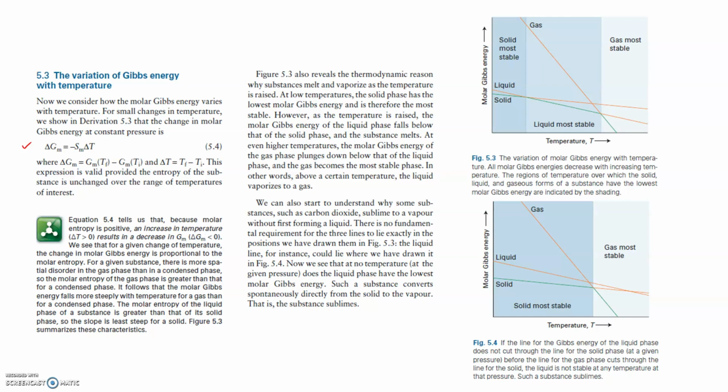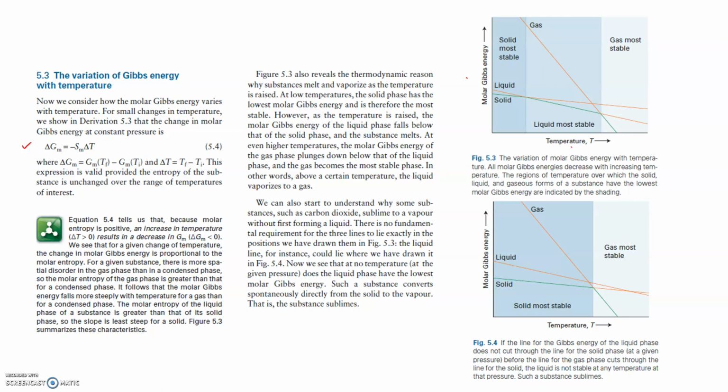At even higher temperatures, the molar Gibbs energy of the gas phase plunges down below that of the liquid phase and the gas becomes the most stable phase. In other words, above certain temperatures, the liquid vaporizes to gas. And take a look at figure 5.3 here, where on the y-axis we have molar Gibbs energy, and on the x-axis we have temperature. And we can see, analogously to the previous slide, which was looking at pressure variations, we